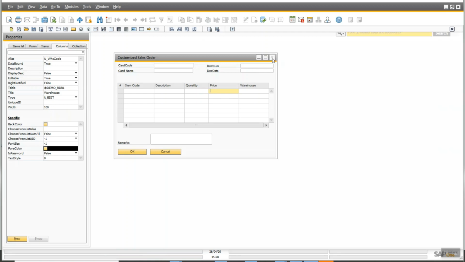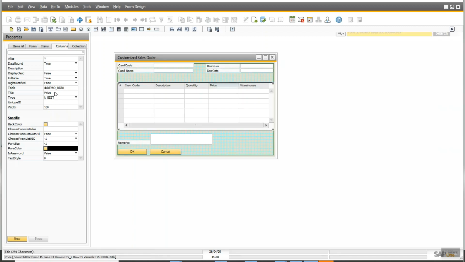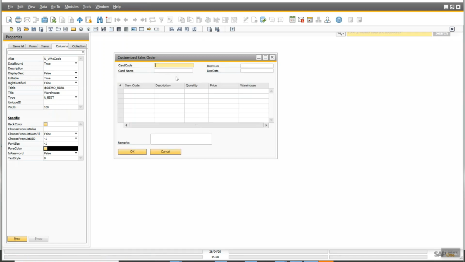So let me bind it again, because sometimes after your binding it gets removed. Let me bind once again. See, preview once again. Now you can see, yes, this time it is showing the field's name. So we have completed the tables and fields binding with the form. So close it and save it.